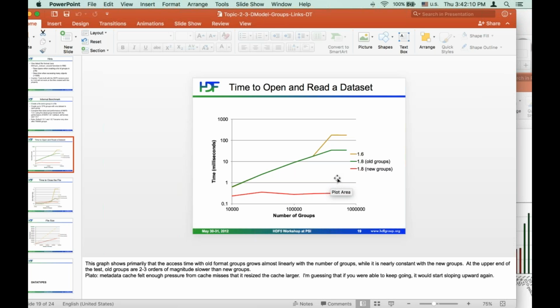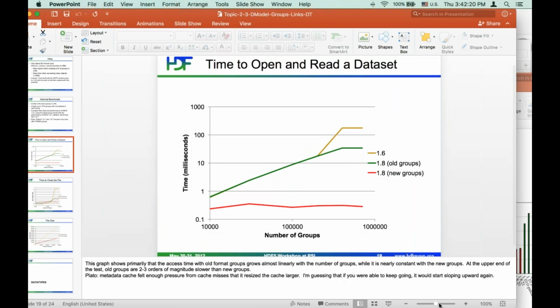Okay. So am I correct that the only reason not to use the 1.8 new groups is that you will potentially generate data that another part of your workflow can't read because they are on too old a version to digest that?